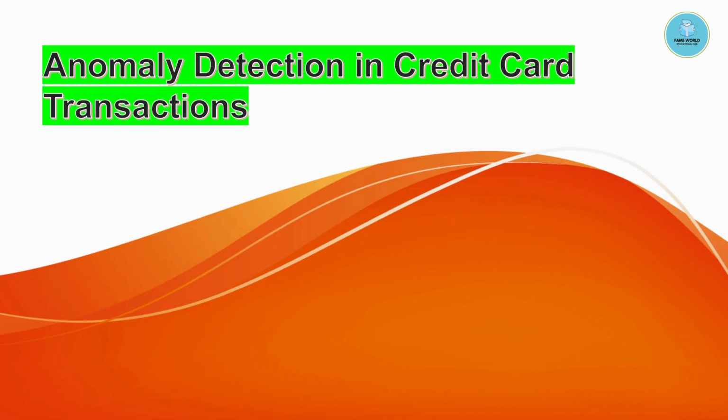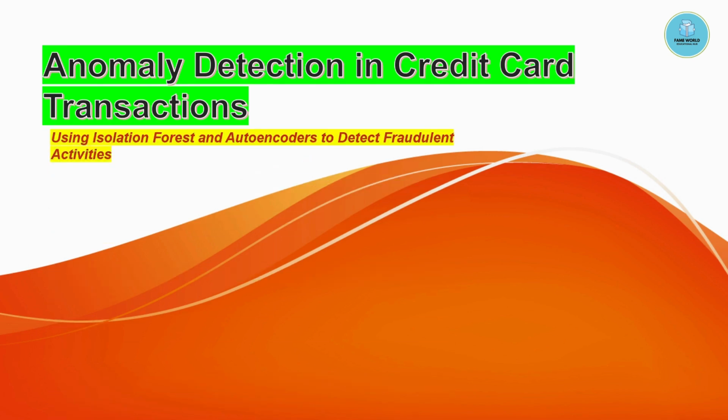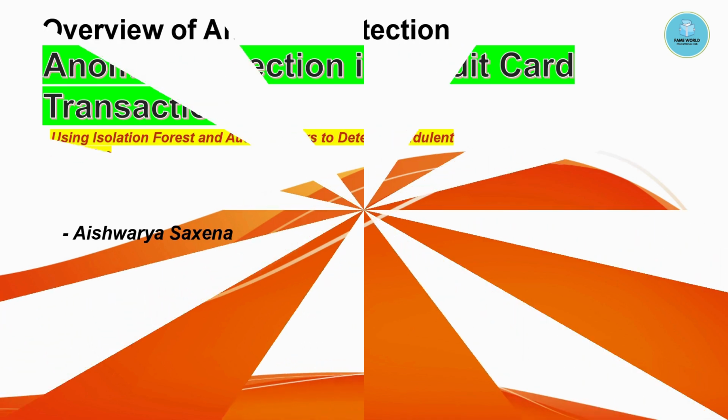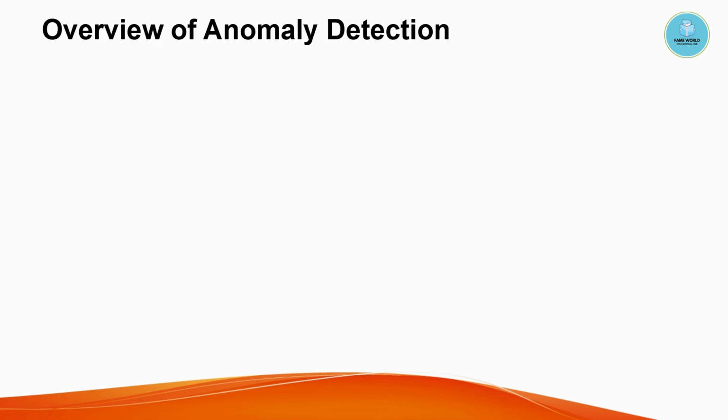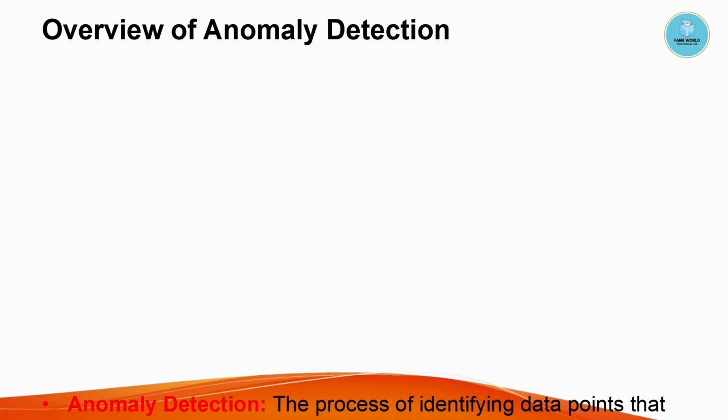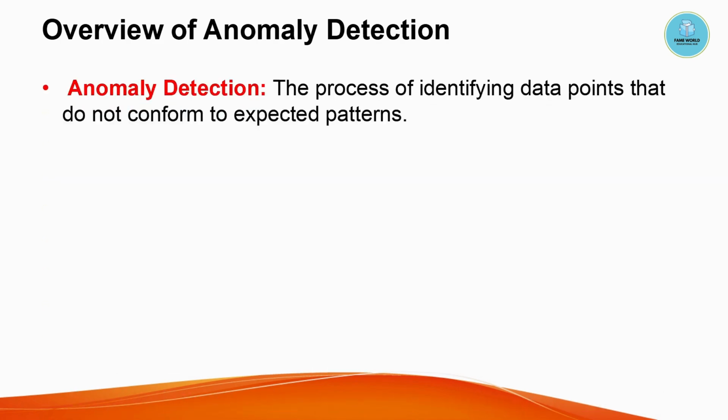Hello everyone, welcome to this session on anomaly detection in credit card transactions. In this video, we will explore how machine learning techniques, specifically isolation forests and autoencoders, can be used to identify suspicious or fraudulent transactions. We will go over the key concepts, datasets, algorithms, and evaluation methods used in detecting fraud